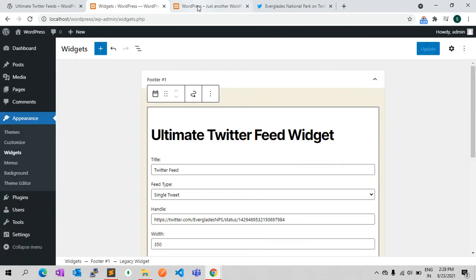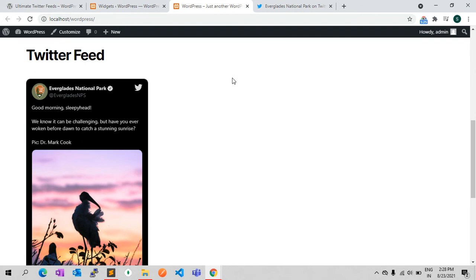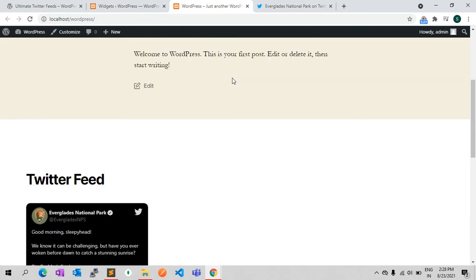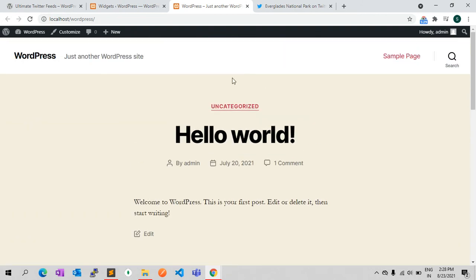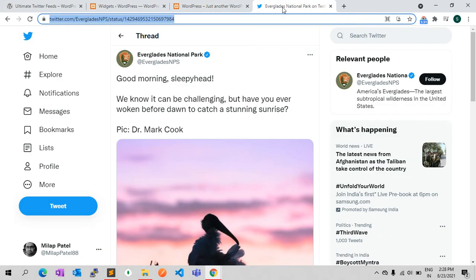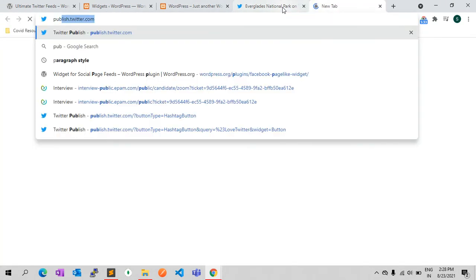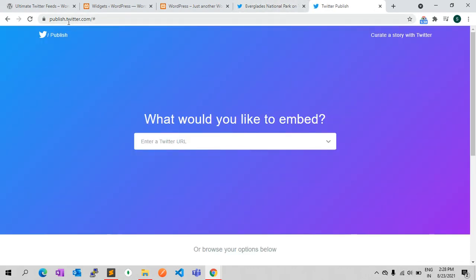If you don't have WordPress, if you have a static HTML based website or a website with any language, you can use embedded tweets using one platform which is given by Twitter only. You have to visit publish.twitter.com.